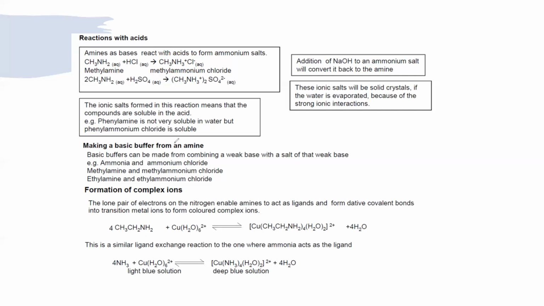Then making a basic buffer from amines. But what is a buffer solution? As we know, a solution which resists change in pH we call a buffer solution. Normally, buffer solutions are weak acids and their salts, or weak alkalis and their salts. As we know, alkyl amines are alkali or basic. So methylamine plus methyl ammonium chloride, or ethylamine plus ethyl ammonium chloride, or ammonia plus ammonium chloride, all these are examples of buffers. So a basic buffer can be made by combining a weak base